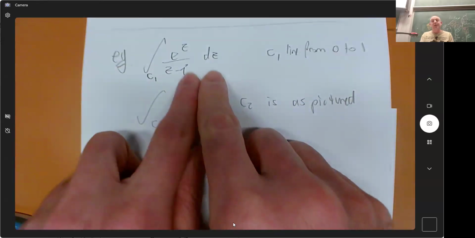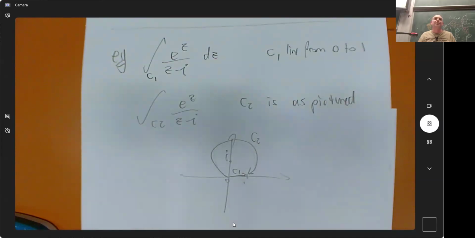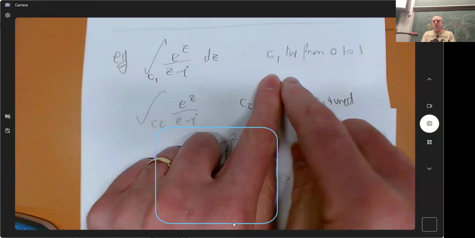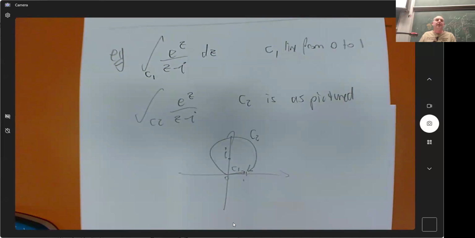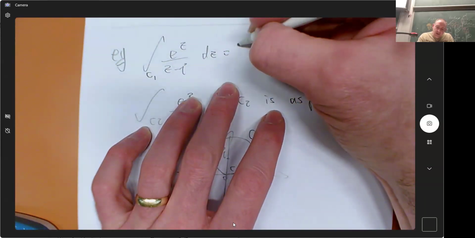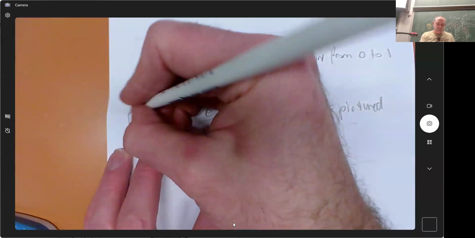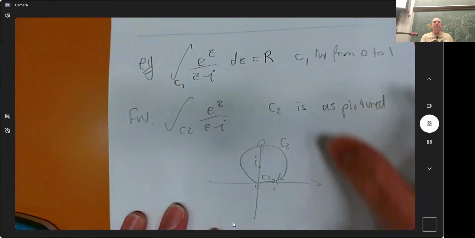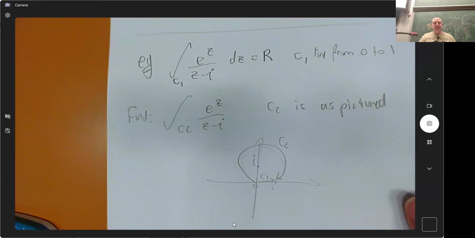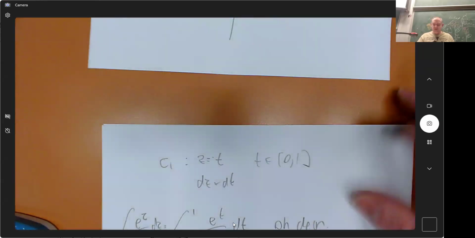But they could totally just tell me what this answer is and then ask me what this answer is, for example. That would totally be a thing. They could say this answer is like 2 pi or something like that, and then say, what's this answer? Let's do this. This answer is like R, and then find this. Yes, that's the exam question. I love it. They tell you that this integral is R, which is a complex number, and they ask you what this integral is.